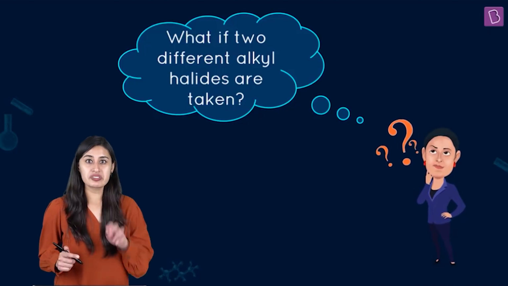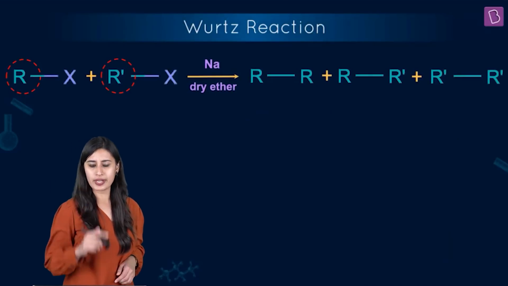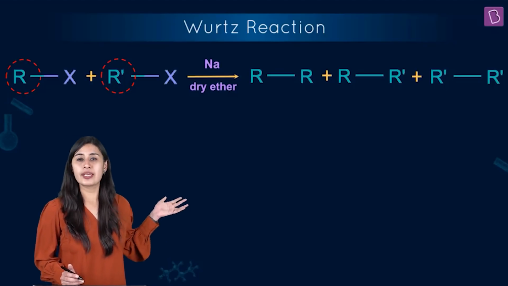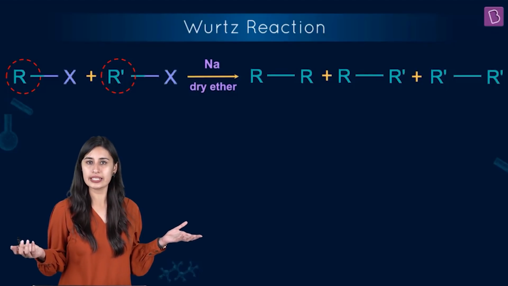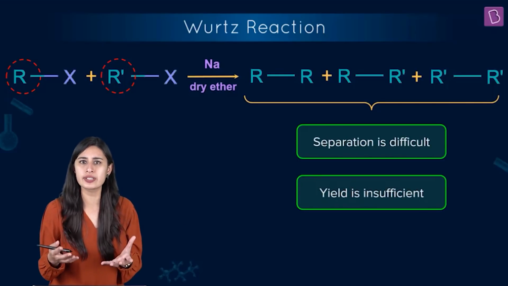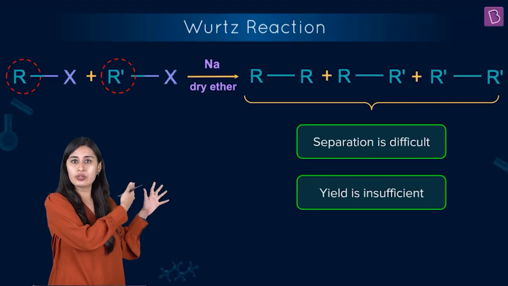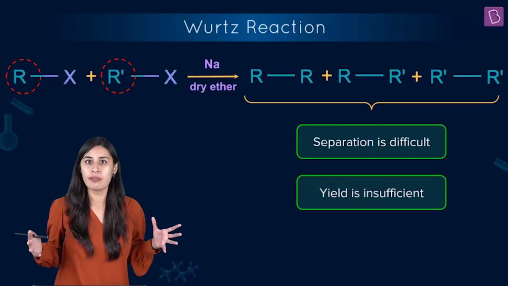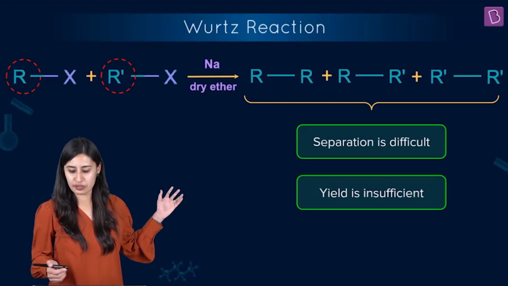But there is a but to it. But along with the other products, right? So you can check that there's no one product that you're getting here, but multiple products. And the difficulty is in the separation here. All three of them are alkanes, right? And it is very difficult to separate them, and the yield is also insufficient. So why waste resources when the yield is not sufficient? The separation of the three products anyhow is very expensive and is going to be cumbersome, is going to be difficult. So why waste time when there are yields which are insignificant anyhow?